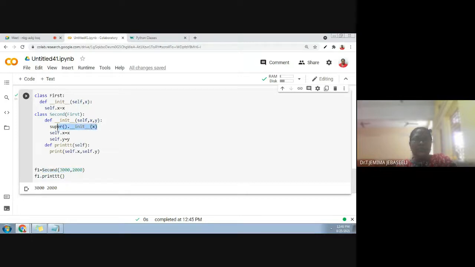So here comes the superclass. Actually, the pointer will come and execute from here initially. When this definition is called, the controller will come to this part and start execution. When it comes to this line, the call will be passed back to the parent class. That is, it will find out if there are any superclass definitions available along with the first and second derived class name. So it searches for the first, executes it and initializes the value, and that is written here. When you print or use it, that value will be printed. So that's all about